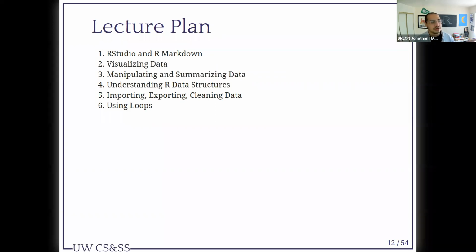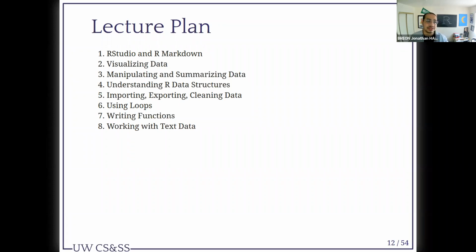Week 6, we will talk about using loops. Week 6 is important because loops transfer to many coding languages, but we want to throw them out almost immediately. We're learning about loops so that we can learn about how we can move beyond them. Week 7, we will talk about writing functions. Functions are one of the keys to really strong reproducible research in R.